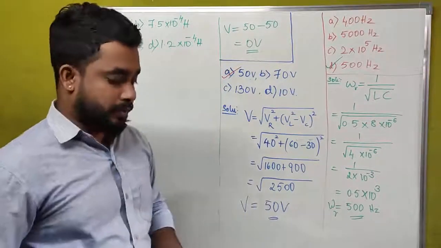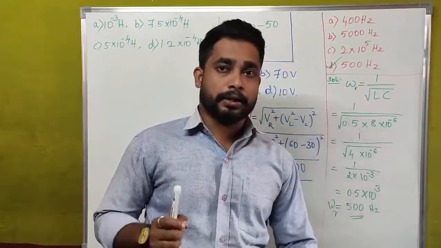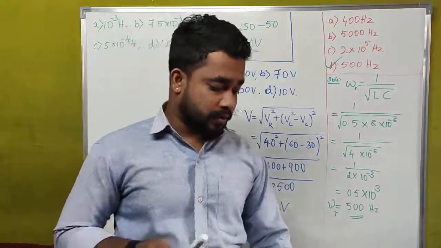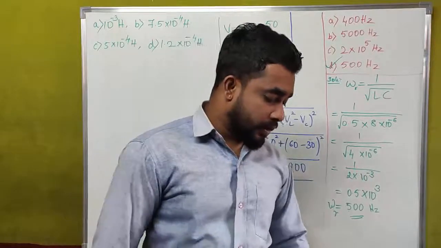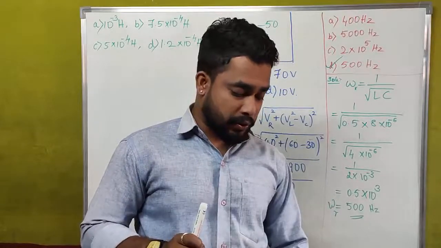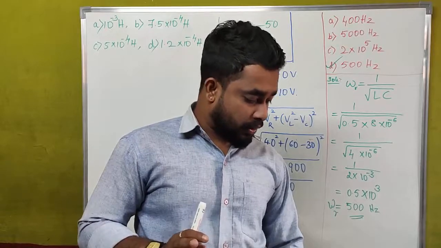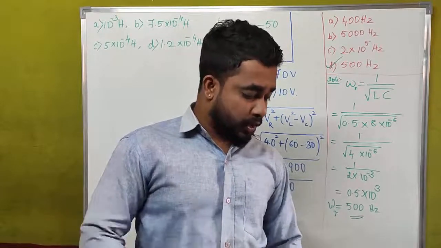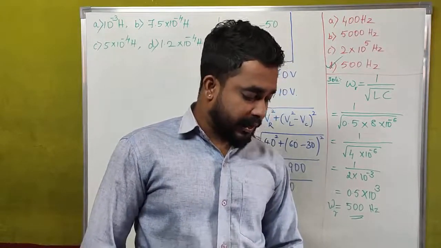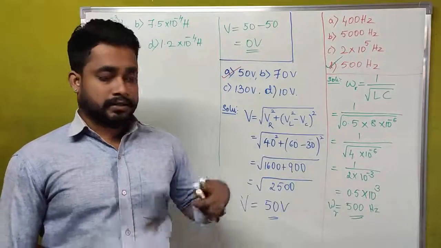Once again I am going to explain the question. In a series LCR circuit, resonance occurs at 10 to the power of 5 hertz. Here what is given is the resonant frequency, f0, equal to 10 to the power of 5 hertz. At that time, the potential difference across the 100 ohm resistance is 40 volts, while the potential difference across the pure inductor is 30 volts. The inductance L of the inductor is what we need. Here we know the value of the resistor, but we don't know the value of inductance. That we should find.